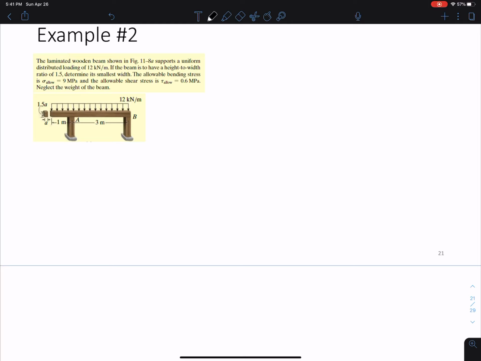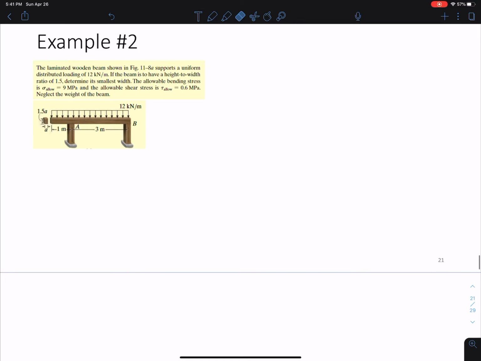One little thing we can do here is we can neglect the weight of the beam, so we don't have to do that extra calculation that we did in the previous example. We can just leave out the weight of the beam and assume that it's negligible for the section that we pick. Okay, so the first thing I'm going to do is redraw this here